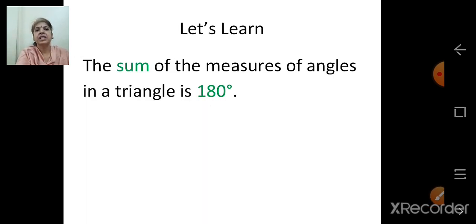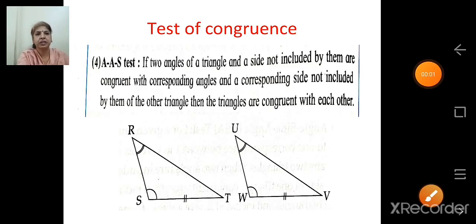Now this is the important thing. The sum of the measures of angles in a triangle is 180 degrees. So this also you have to remember. Sum of the measures of angles in a triangle is 180 degrees. Let's continue further. This is the fourth test,